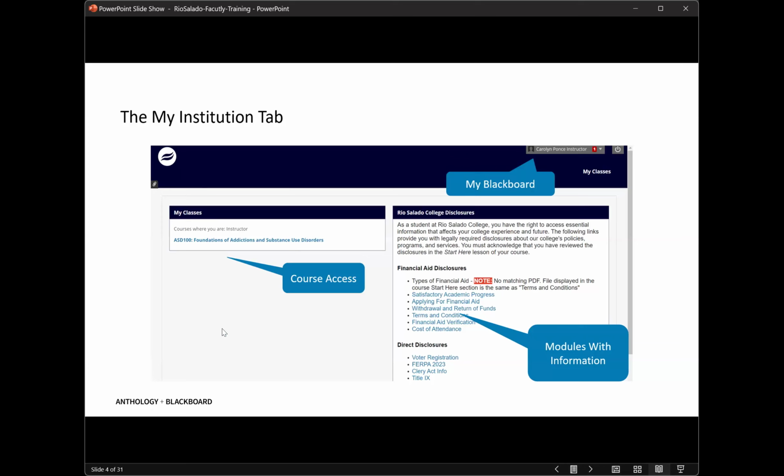Your team has been working on some information to post on this particular page. You have a module on the left side that says My Classes, and that is a list of all the courses where you are an instructor. This is the list that you will click on anytime you need to access a particular class. They also currently have one other module on this particular page, and that is the disclosure list. Kali is working with the team that manages the disclosures and getting those updated and viewable to your users.